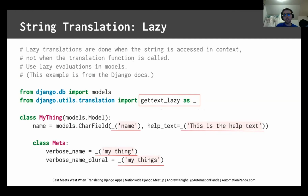There is also a lazy form of translation. It's a little bit more advanced than your basic translation. Lazy translations are done when the string is accessed in context, not when the translation function is called. When you call the getText_lazy function instead of the plain getText function, they come from the same module, instead of directly returning a string, I believe it returns some sort of